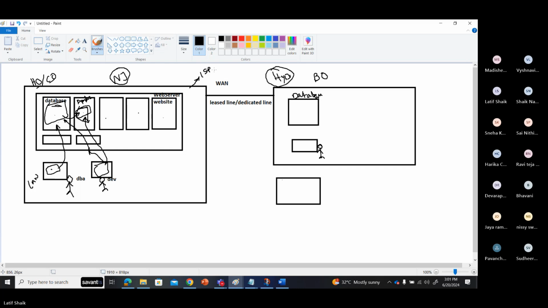There is an ISP, so you have to tell it, I want to connect to this office, which is in this location, which is connected to this ISP. For example, I am using Tata ISP. All are connected with VSNL only, so we have to connect through VSNL or Reliance or Tata.